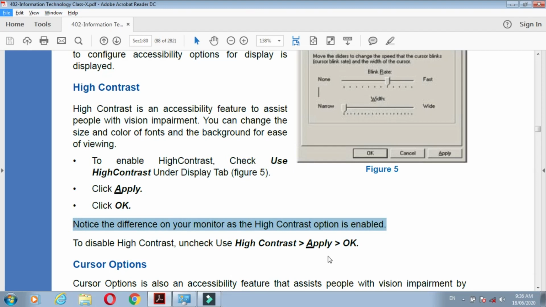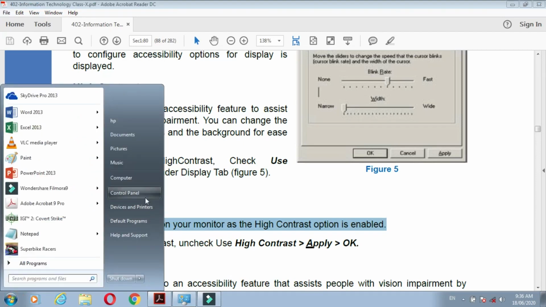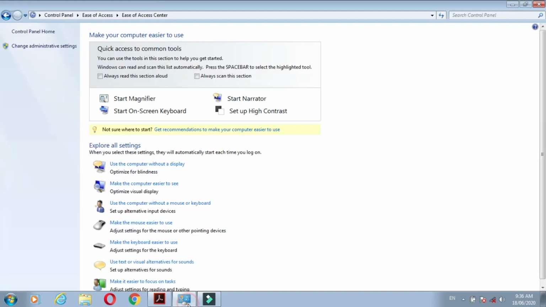So let us do the practical of how the high contrast setting is applied. Go into control panel, then ease of access is coming in front of you, and here you can see make the computer easier to see.